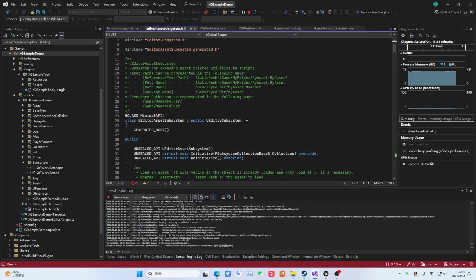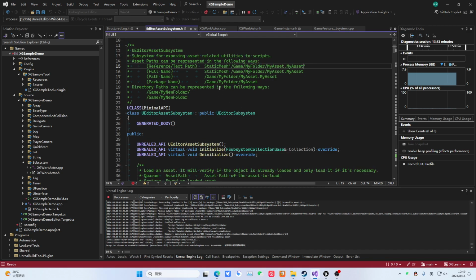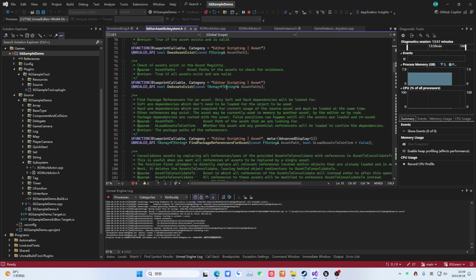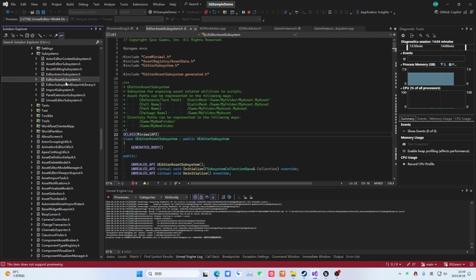You can see the editor subsystem, and this place can explain the asset path to you in detail. You can see this asset path. Let me explain it. This path is the one we often use for load object. Okay, I won't go into detail here. This belongs to Slate and editor tool development content. It shouldn't be discussed here. But you should know that if you want to do editor tool development, there are several subsystems that you must know how